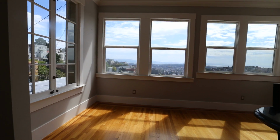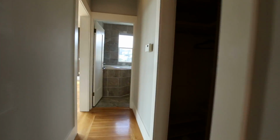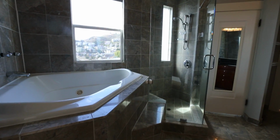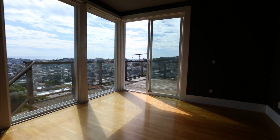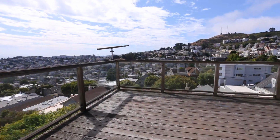Here's a little nook for an office. We're gonna walk on over to another bedroom. There is a huge hallway closet. Second full bath with tub and shower. And here's an amazing bedroom, leading to a deck